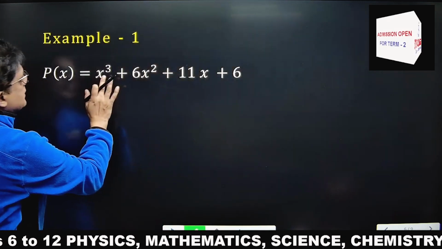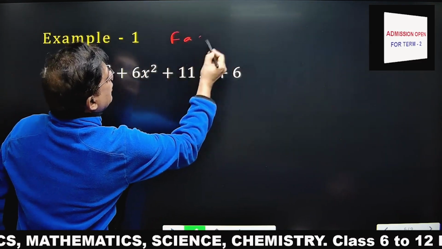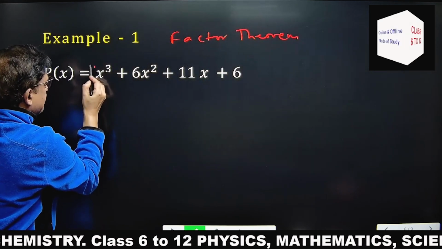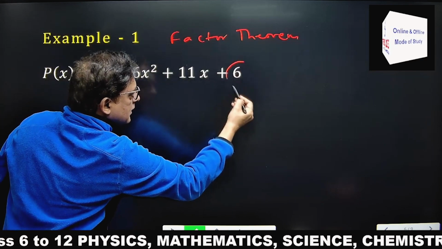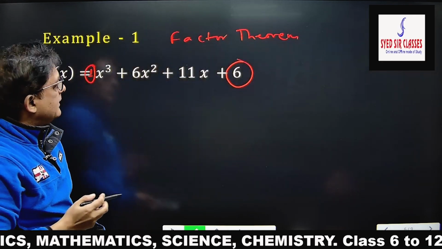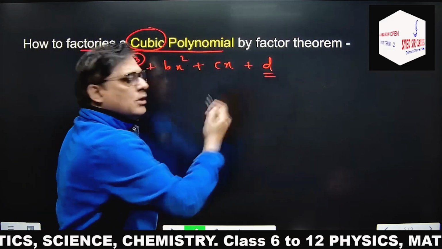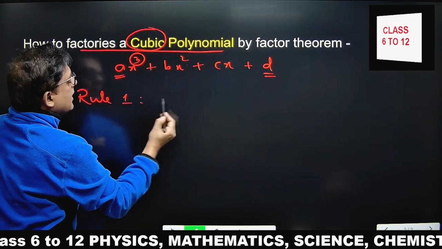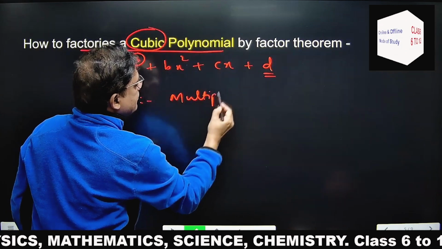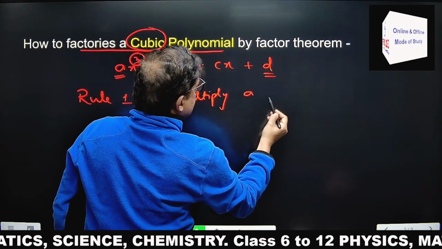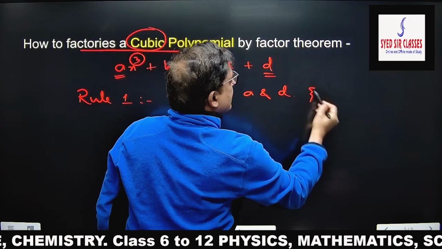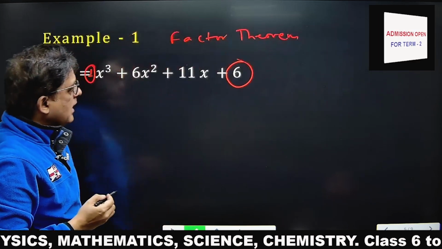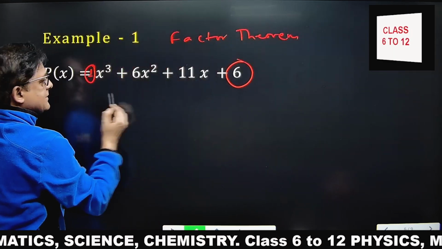factorized. So for this, according to factor theorem, you should multiply this a and this last constant term that you know is d. इसको बच्चों multiply कर लो. तो पहला रूल हमारा क्या है, रूल नंबर 1 इन फैक्टर थ्योरम, मल्टीप्लाई a एंड d एंड गेट फैक्टर्स, उसके बच्चों फैक्टर्स। तो हियर आई यूज 1 and 6, आई मल्टीप्लाई 6 के